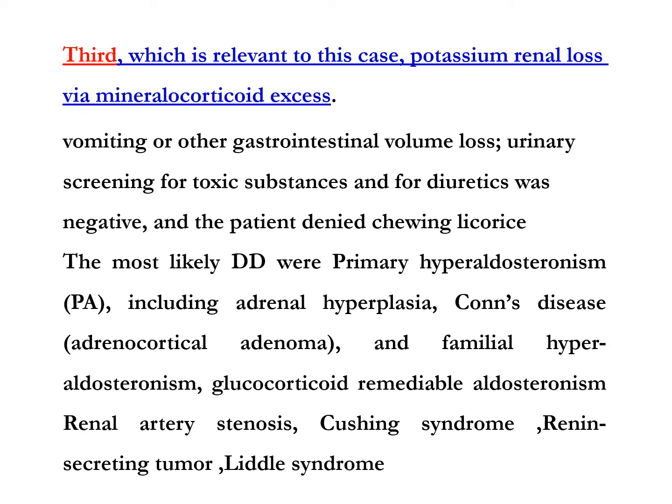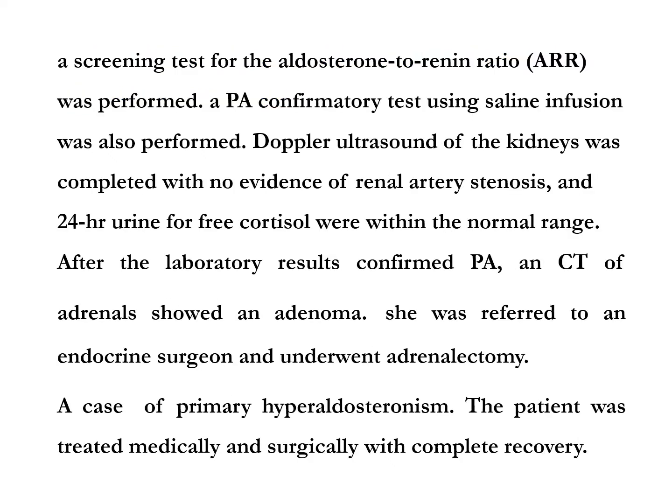So the most likely differential diagnosis was primary hyperaldosteronism, including adrenal hyperplasia, Conn's disease, familial hyperaldosteronism, glucocorticoid remediable aldosteronism, renal artery stenosis, Cushing syndrome, renin secreting tumor, and Liddle syndrome. So a screening test for aldosterone to renin ratio was performed, and a primary aldosteronism confirmatory test was also performed,